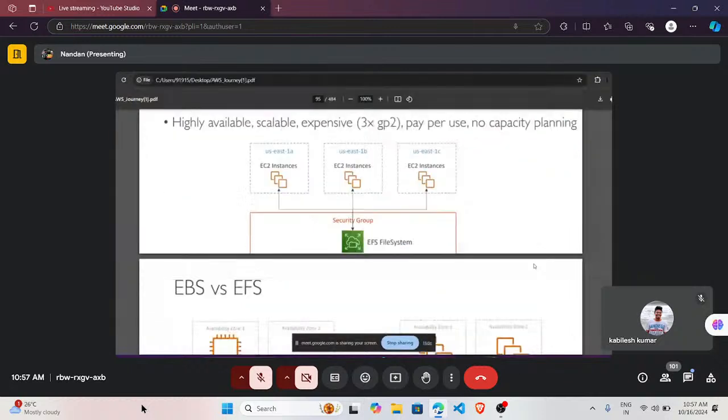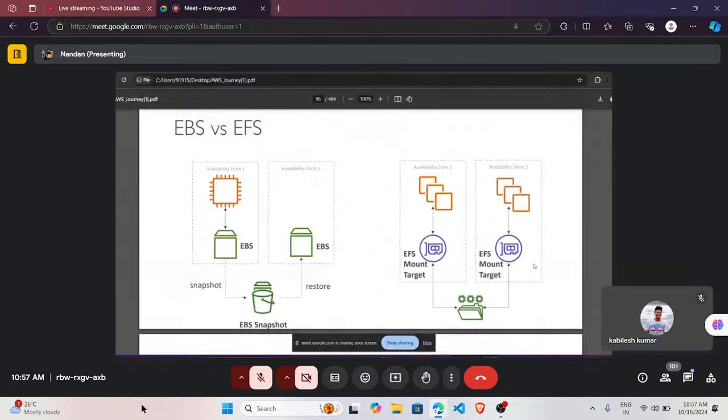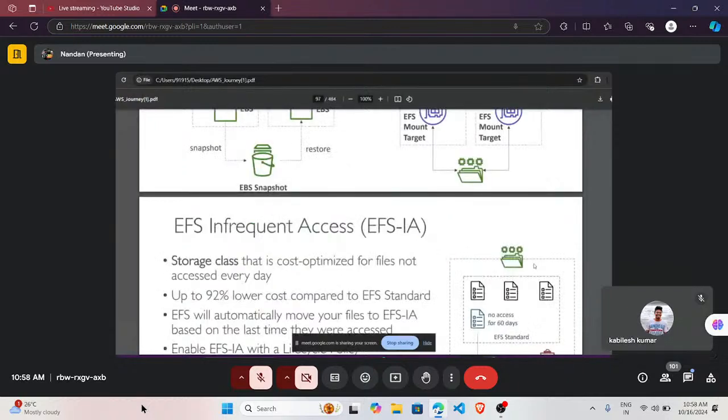then what's the difference between EBS and EFS? As I said before, the EBS can be attached to a single EC2 instance, and the EFS can be attached to hundreds of multiple EC2 instances. Okay,